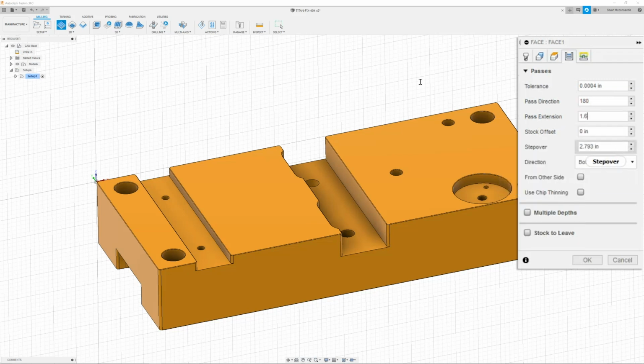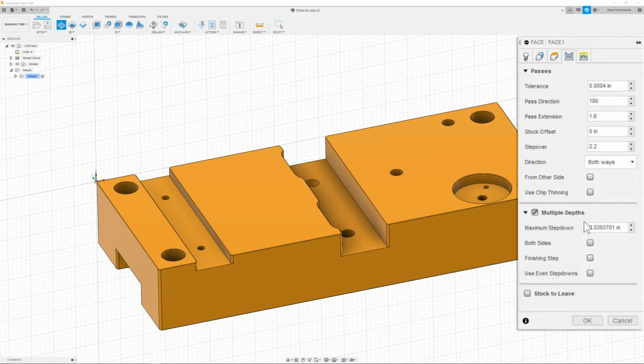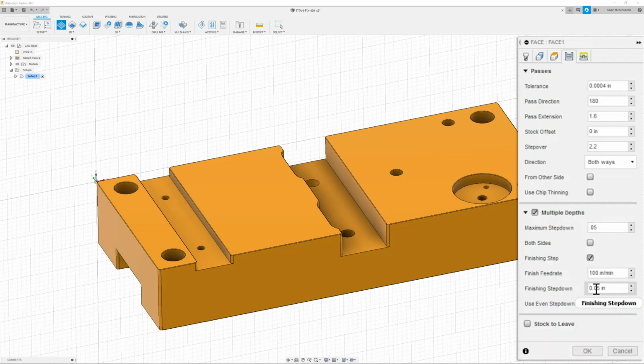The stock offset I will leave at 0. My step over I'm going to change to 2.2. The next thing we need to change is multiple depths. And in here, I'm going to put in 50 thou just to be conservative. I will add a finishing step of 5 thousandths and make step downs even and put in a finishing feed